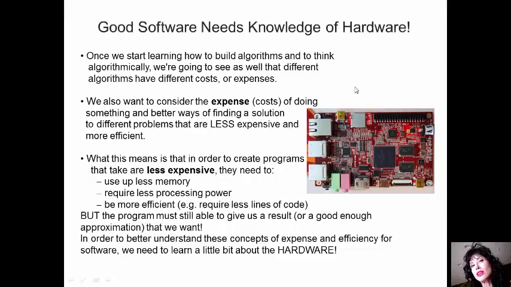Good software needs knowledge of hardware. So this is very important. If you want to be a good programmer, you have to have a little bit of knowledge about the inner workings of the hardware. So we're going to open up the hood just briefly and talk a little bit about